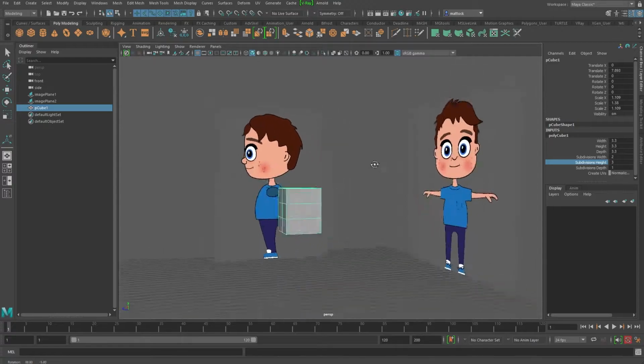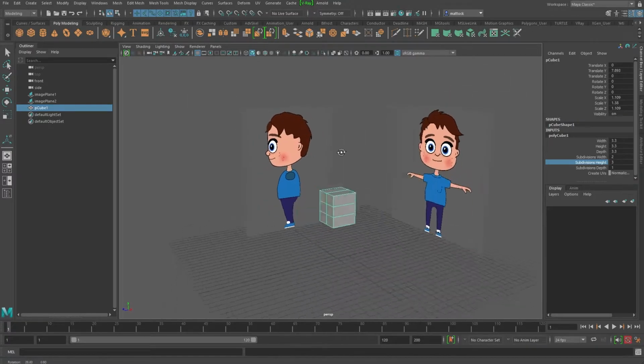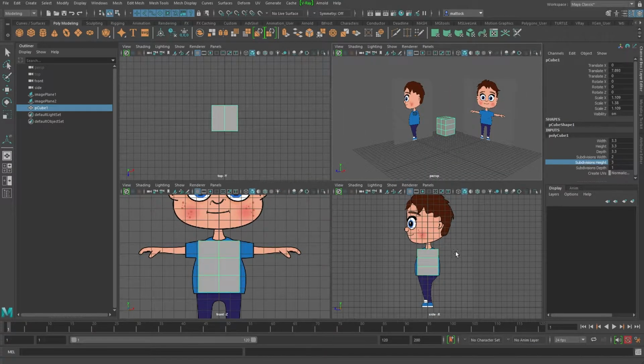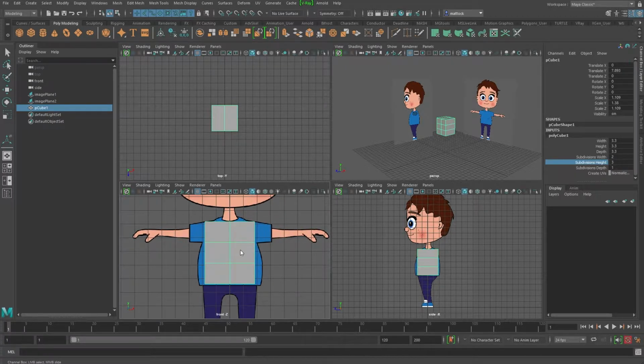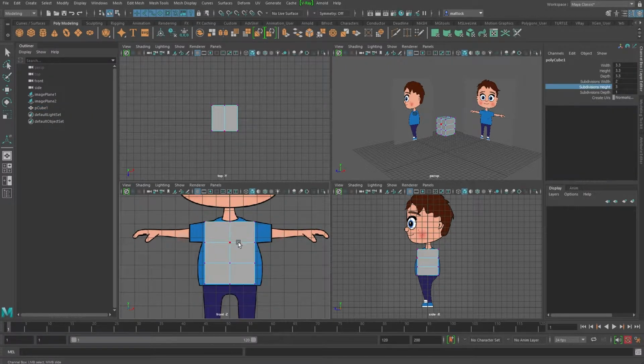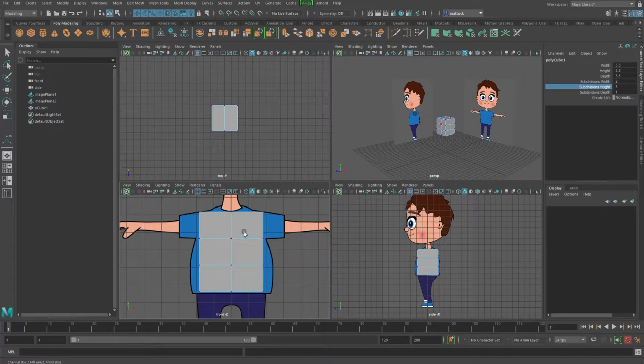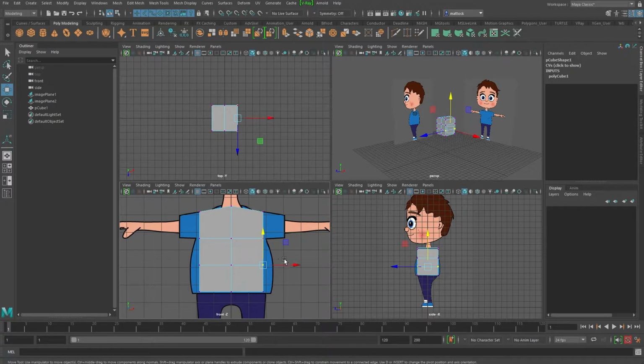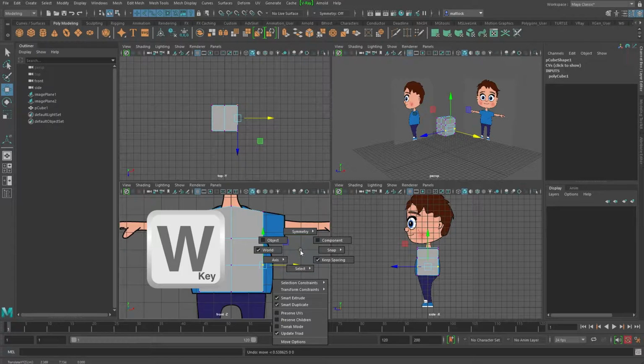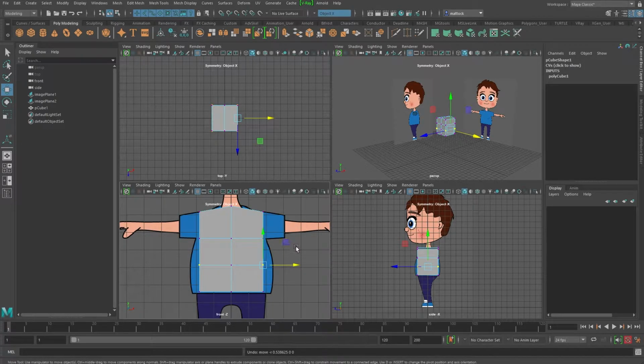So we've got our cube. You can see it in the perspective view, and the front view and the side view here. So what we do is we right click, go to vertices, and to be able to drag out and start to reshape. So we're going to drag this one up, and just start basically just reshaping. And what you'll notice, if I move this, the other side doesn't move. So what you can do is hold down the W key and click and go to symmetrize.